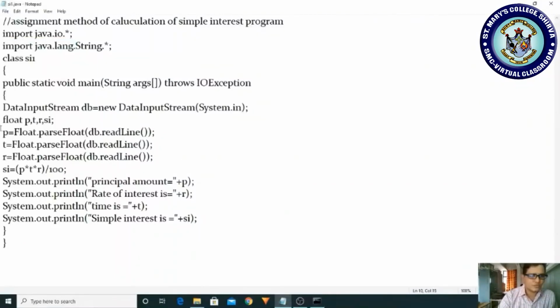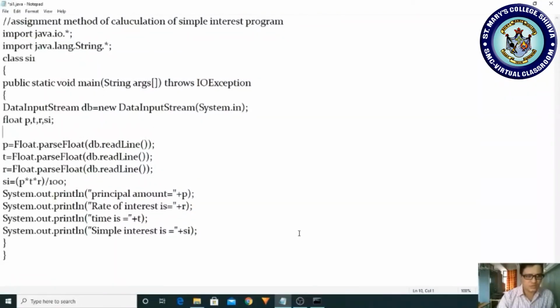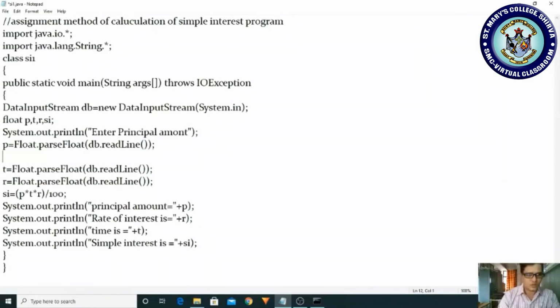Before that, let me modify this. I want to ask System.out.println enter principal amount. Yes, so afterwards you are reading the value. Okay, now it has to ask. I am copying and pasting the same thing.